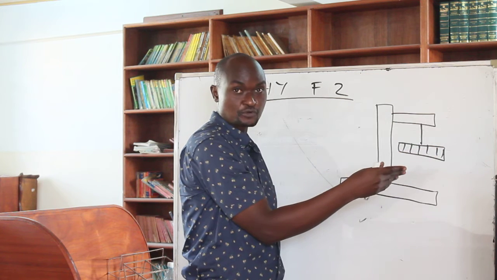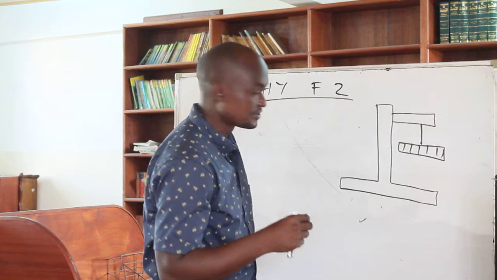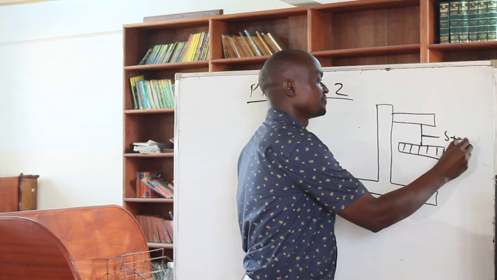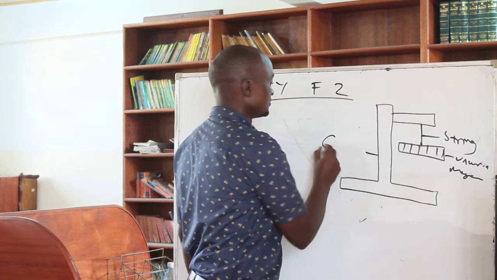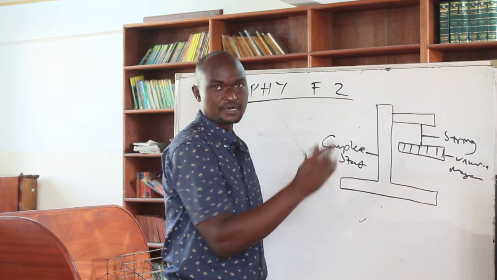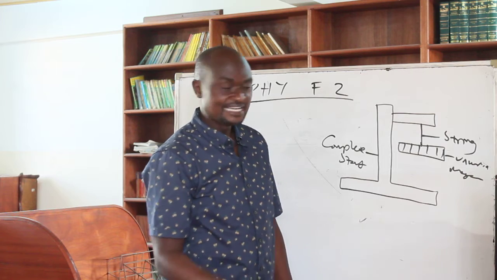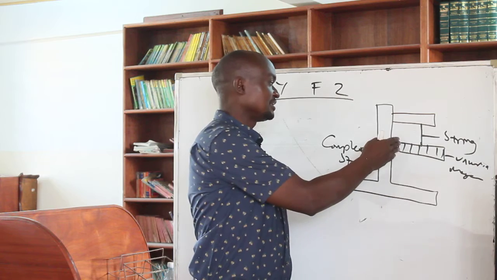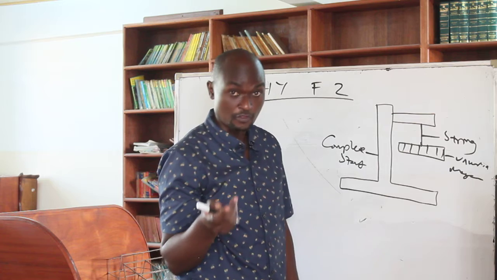You may draw. If you draw, you don't need to list all that, but if you are not drawing, you're writing it as a statement, so list what you have. But if you're drawing, you'll be labeling this part: string, unmarked magnet, clamp stand, or you can have stand, boss, clamp, and all that. Then you say, suspend this magnet and let it come to rest. It will always rest while facing the north-south direction. So the way it's facing the north, if you know the north, that will be the north pole. When it's facing the south, if you know the south, that will be the south pole.